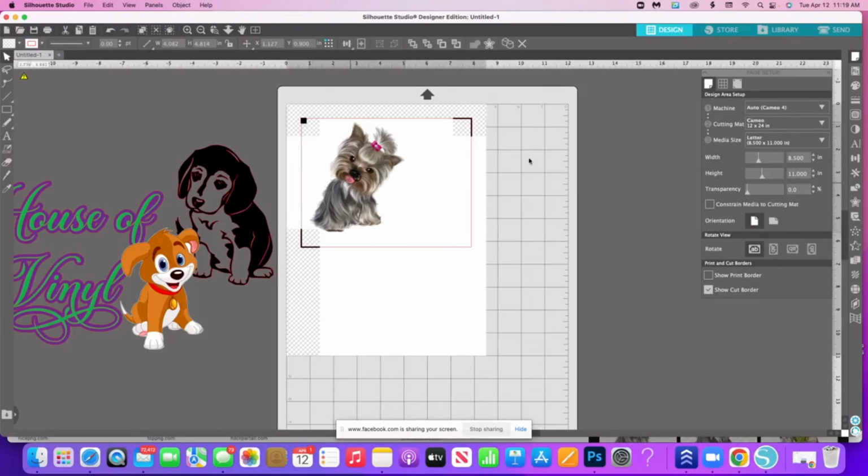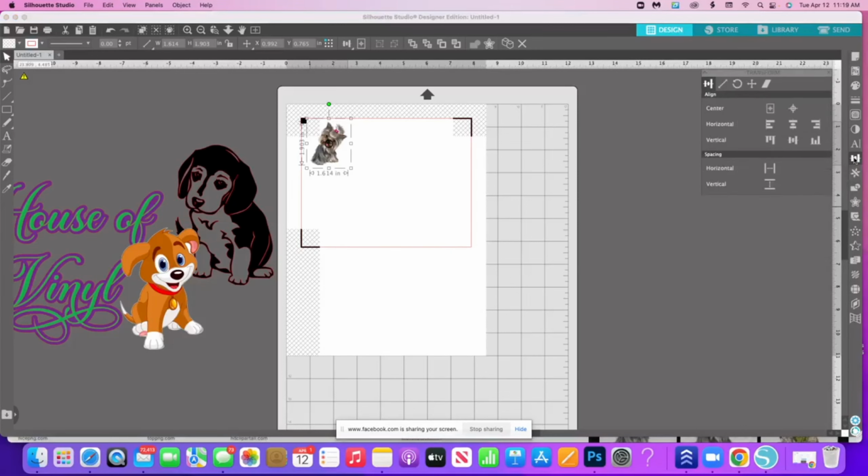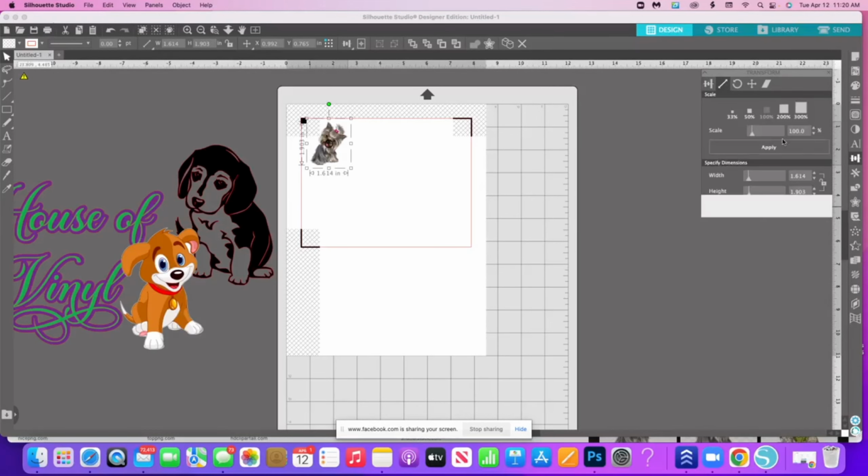And then the other thing you would do is decide what size you would want her to be. Let's say you wanted 2-inch stickers. I would go from here, and look, y'all, at the top. Remember I told you there's several places you could do stuff from. You could change sizes over here in our transform panel. Remember, you could change the size here, but you also could change the size up here at the top. I'm not quite sure if the regular version you could change the size. The free version, you could change the size up here, but I know for sure you could change it in the transform panel. So if you don't see it up at the top where it says width and height,